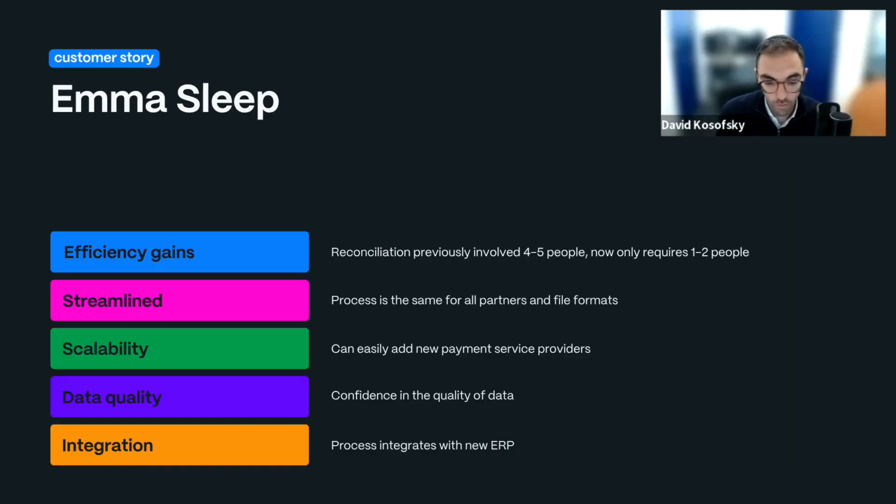So again, what are some of the outcomes of these solutions? So it's efficiency gains. This is a process that originally took 4 to 5 people down to 1 to 2. That's now freeing people up. Instead of doing those tedious and monotonous data manipulations, it's now freeing people up to do higher level tasks. So the finance team can now spend time doing that forward thinking and proactive work that everybody wants to spend more time doing. It's especially important, by the way, for smaller teams that have limited resources. We're being stuck in the mud doing those repetitive tasks. The boring tasks can really hinder the important creative and growth-oriented work.